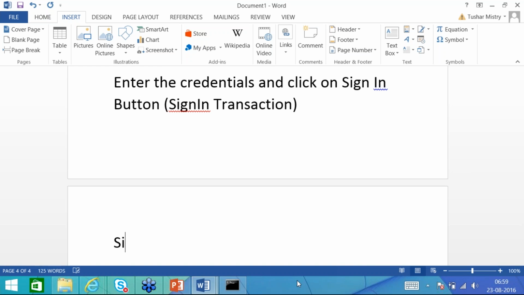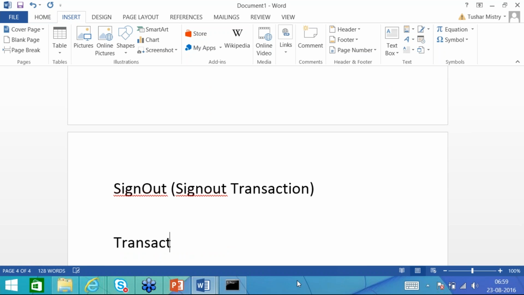And then sign out. Sign out transaction. A transaction, you can say, is a set of activities or actions.